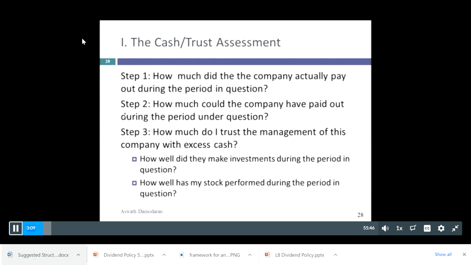So we're going to look at how much they could have paid out. That's called the free cash flow to equity. We're going to look at how much they did pay out. And then if they have excess cash, we're going to assess whether the firm has been making good investments and if the stock has been performing well. And then we will decide whether to recommend that the firm increase the dividend, decrease the dividend, initiate a dividend, whatever the firm's policy currently is, looking at possibly changing it. Okay, so